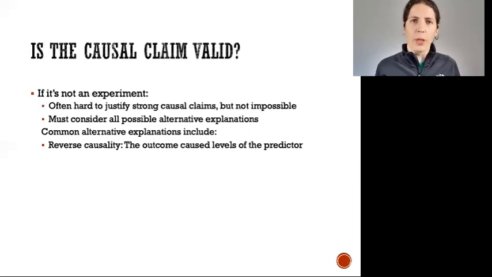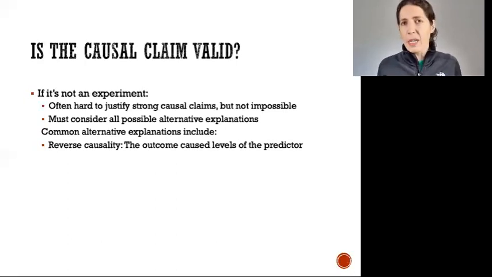So for example, in a paper that I have come across, the researchers examined the relationship between how frequently a couple has sex, these were among couples, people in relationships, and their life satisfaction or happiness. And the researchers found that the more frequently a couple had sex, the more happy the people in the relationship were. And this was true up to once a week, and after that it flattens out.